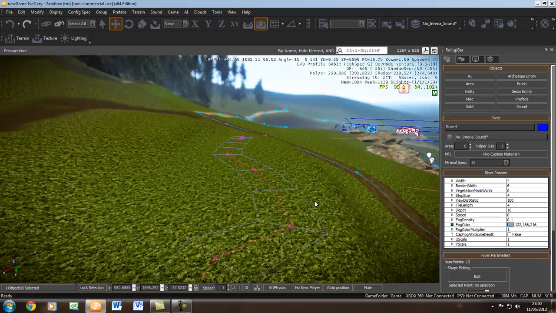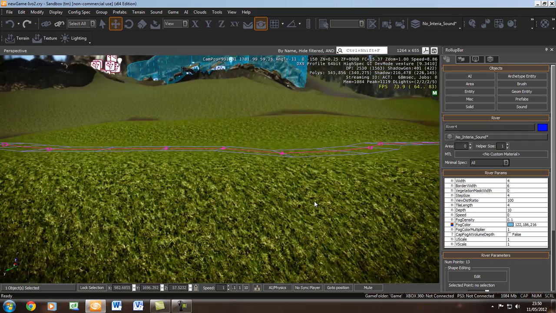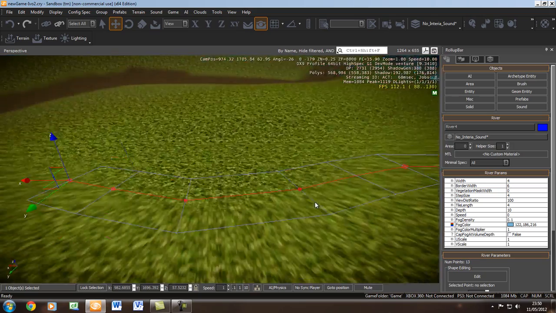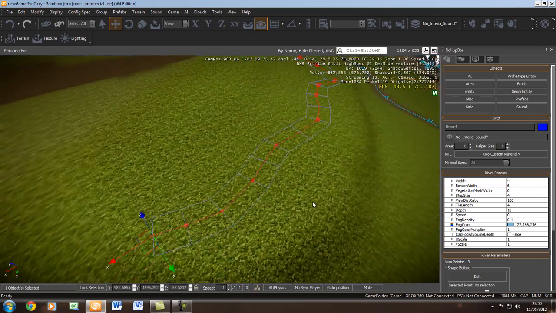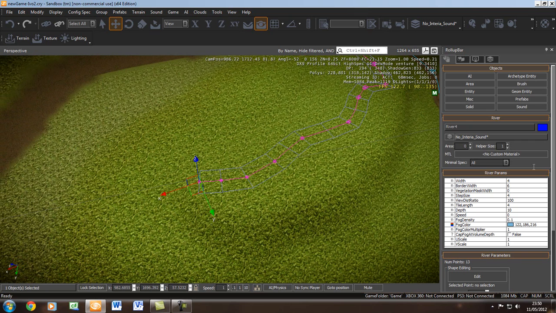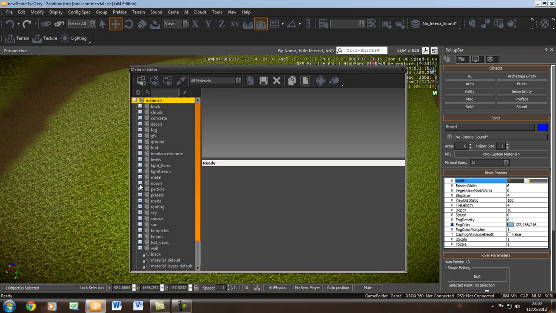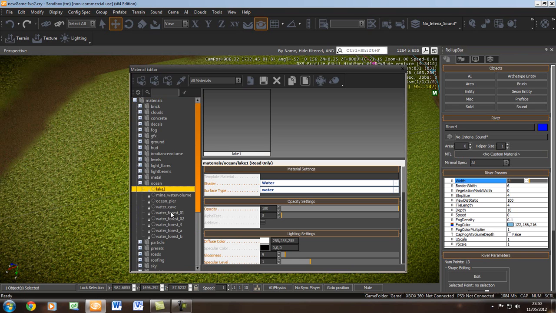Now we have a pretty fine river. To change the parameters, we can change the width of the river, but before we do that we need to assign a material first. So to assign a material, click this MTL button, and then open the material folder, and this time we need to open the ocean folder, like so. Here you can see various materials that we can use. I normally use Lake 1